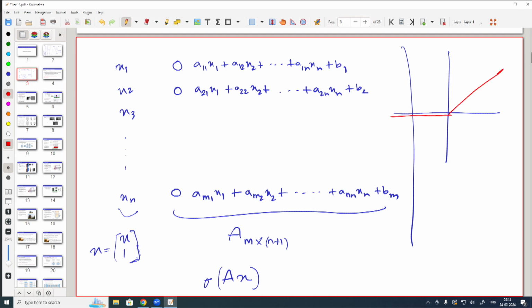Okay. So, for all negative numbers, if the input is negative, then sigma of any negative number is 0, and sigma of any positive number x is equal to x. This is the most popular choice of this nonlinear function used in neural networks. It is called an activation function. I will come to why it is required in the next slide, but as you can see, the function